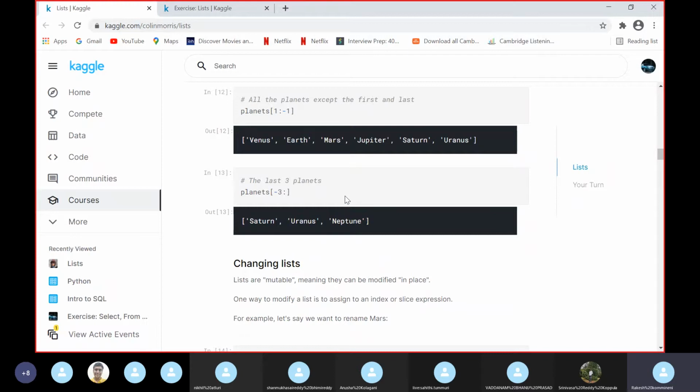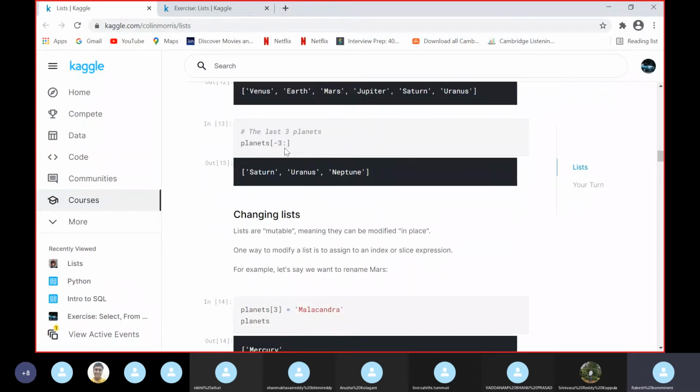And if we want the last consecutive elements in the list, we will go with this syntax: last but 3, so -3 followed by a colon and closing bracket.